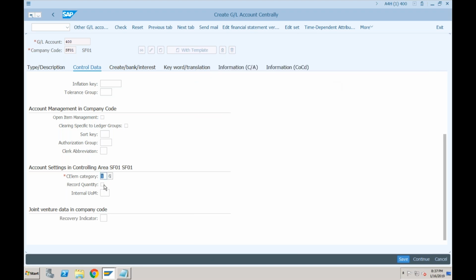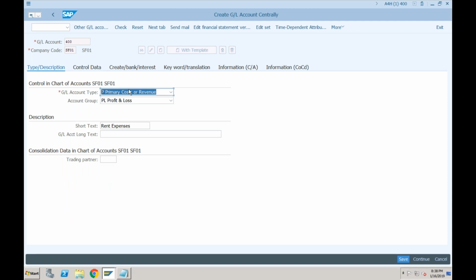These were also available in ECC in controlling when you created the cost element. But just remember one thing: these fields will become active only when you select primary cost, revenue or secondary cost, which means when you want to create a cost element.